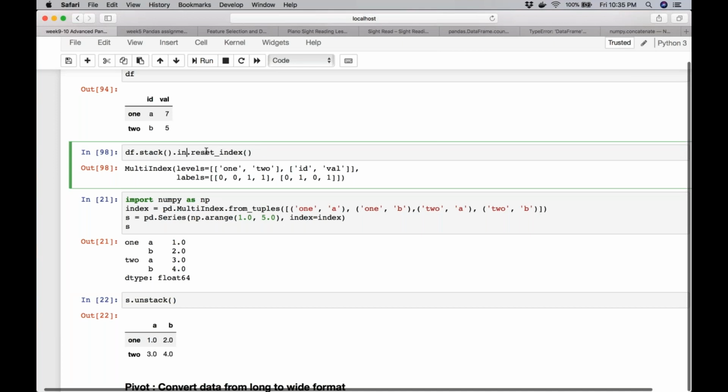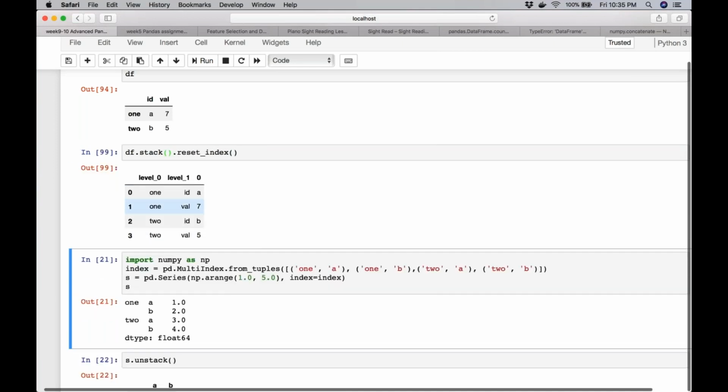Correct. If I reset index, then I get a data frame with three columns: level 0, level 1. Because it doesn't know the names of these, right? These were just indices at level 0 and level 1. It just gave exactly that name, what it internally was calling it. So one was level 0, that is my column name now, level 1, and then this column doesn't have any name. So it just gave it the standard name. Pandas doesn't know the column name, so it starts from 0. So this is my column name, column 0, and the corresponding values. So this is how stacking works.